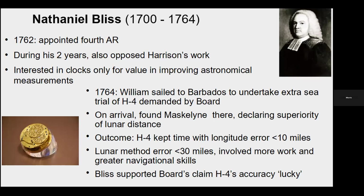Astronomer Royal, who actually was only in place for 2 years, but he also supported the lunar distance method and opposed Harrison's work. He was interested in clocks only and their value for improving astronomical measurements. In 1764, William was sent to Barbados because even though one test was required under the law, the board decided they needed to have a second test,